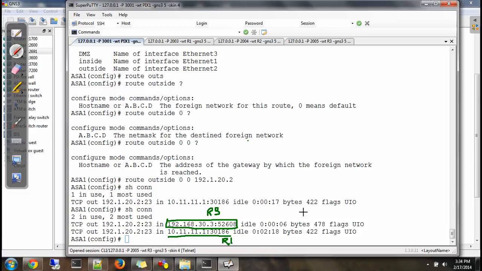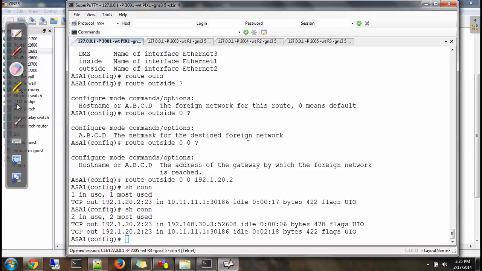That's why any telnet packet coming from R2 to R3, which is from low to high, would be allowed because of this entry, and any packet coming from R2 towards R1, which is again from low security to high security, would be allowed because of this entry. So this is your implicit inspection, and it is done for which kind of traffic? Only TCP and UDP by default.